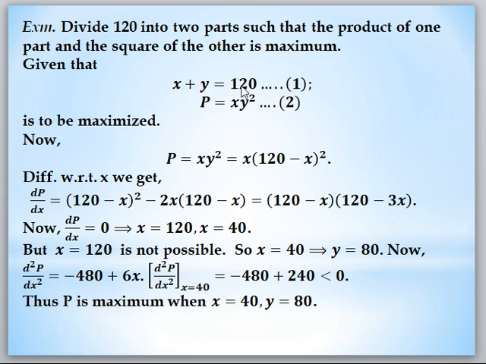তো প্রথমত আমরা কি করছি, 120 কে আমরা দুটো ভাগে লিখছি, ভাগ দুটোই হচ্ছে আমাদের ভেরিয়েবল দুটো, অর্থাৎ x আর y, so x plus y is 120। তাহলে আমাদের এখানে ম্যাক্সিমাম বার করতে হবে কার? যে একটা ভাগের সঙ্গে আরেকটা ভাগের স্কোয়ারের গুণফল। তার মানে আমরা x into y square, এই যে ফাংশনটা, এটার নাম দিচ্ছি P, তার মানে আমাদের এই P টাকে ম্যাক্সিমাইজ করতে হবে, বিকজ P টাকে ম্যাক্সিমাইজ করা মানে 120 যে দুটো ভাগ হলো x আর y, তার একটা ভাগের সঙ্গে যদি আরেকটা ভাগের স্কোয়ারকে গুণ করা হয় তাহলে গুণফলটা ম্যাক্সিমাম হবে।